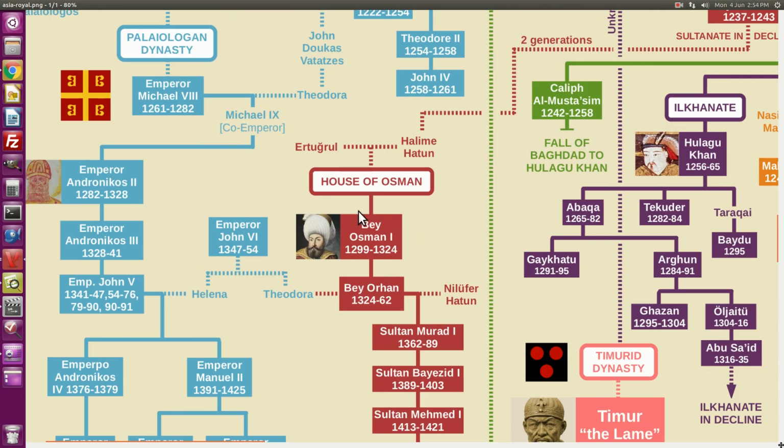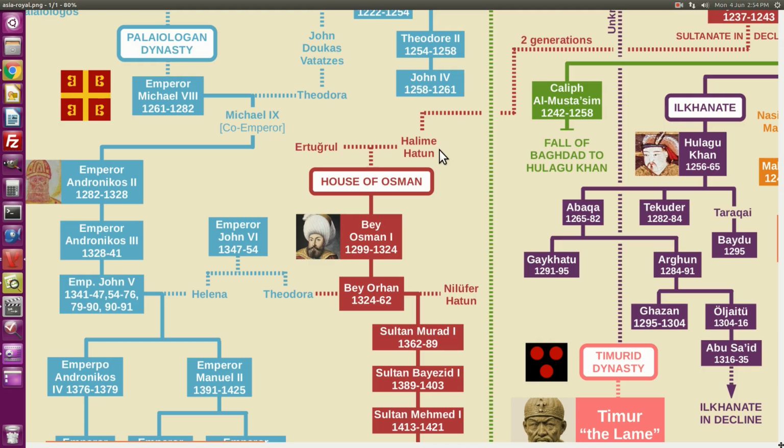Now, he was not yet a sultan or an emperor. The territory that they ruled was not large enough to be considered as such. The title he used was Bey, which was simply a Turkic word for a leader of a tribe. So the Ottomans, of course, were a Turkic group. And before we look at the descendants of Osman, who would go on to build the Ottoman Empire, let's look